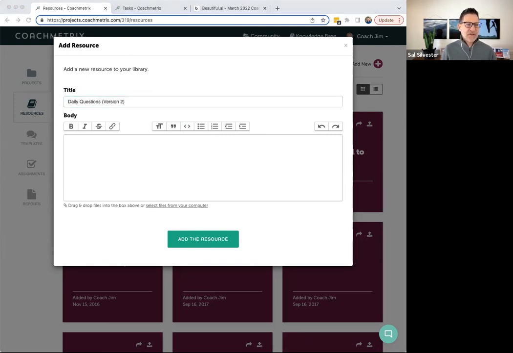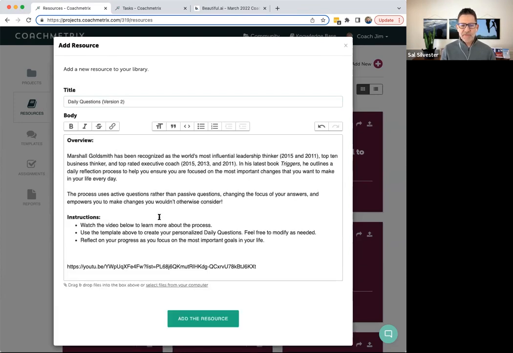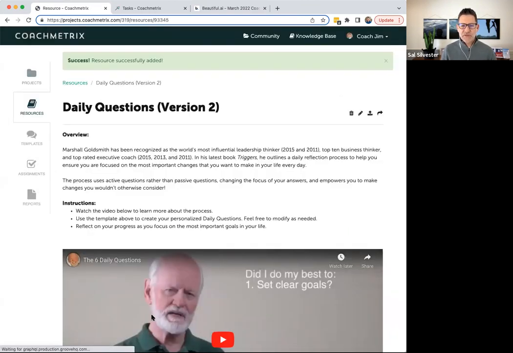Inside the Google Doc, I've got some content about the process itself, some instructions on how to use the process, and a link to a YouTube video of Marshall talking about the process. Copy that information into your resource area and click Add Resource. When you've done that, let me know, because you've just created a resource in about 35 seconds.